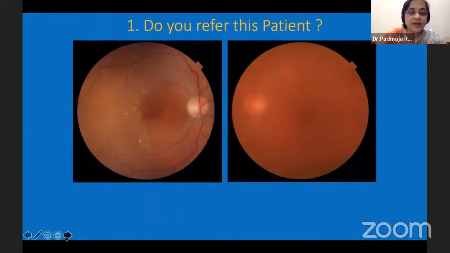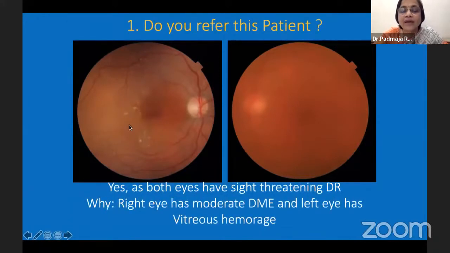That is correct. When we say macular edema, one can also classify further, because we discussed that a mild DME means the hard exudates or whatever the yellow dots will be away from the foveal center, whereas here they're approaching the foveal center. So this is a moderate macular edema. This is a referable condition. Similarly, the patient has a vitreous hemorrhage. Very good.